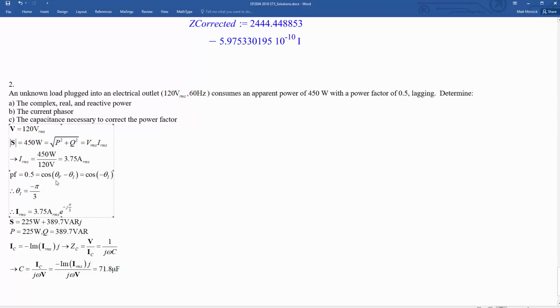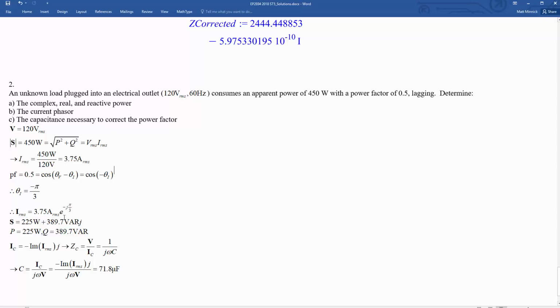So you work that out and figure out that the current has to be lagging by a phase of pi by 3,